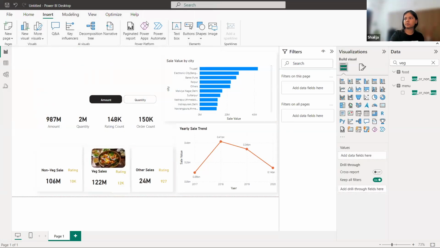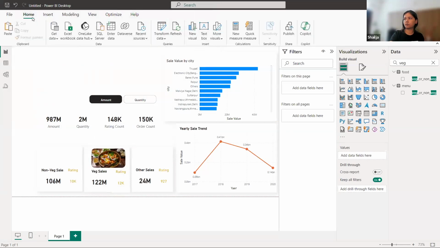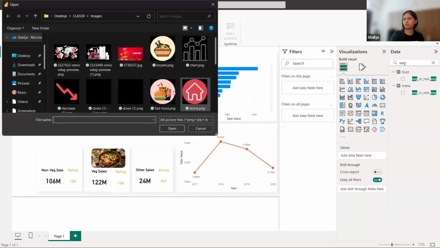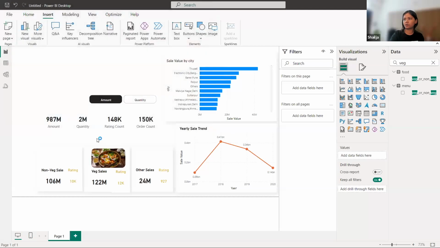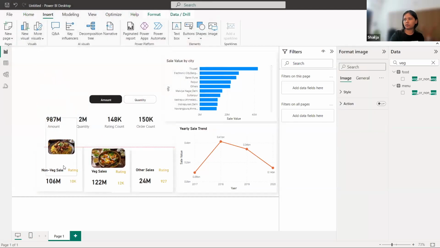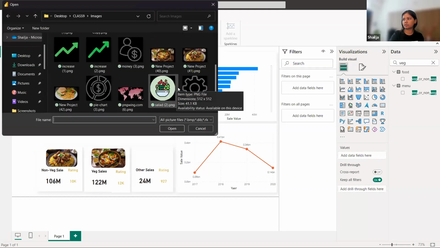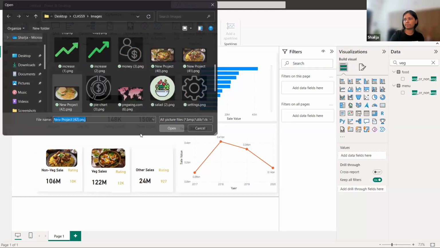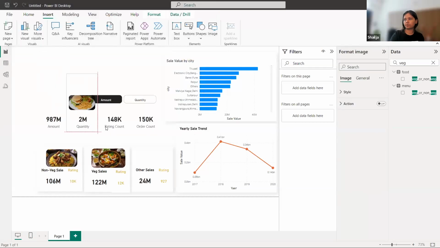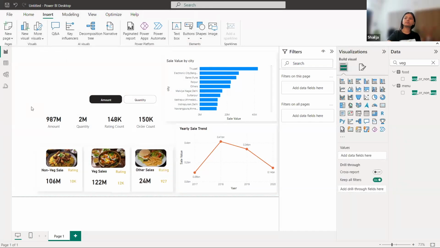Okay. Similarly, I'll go to my home. Sorry, insert image. This time I will add the non-veg one. I'll just put it in the alignment of my previous one. And similarly, I'll add an image for the others category. I'll drag this and I'll make it. So these are 3 images that I have added